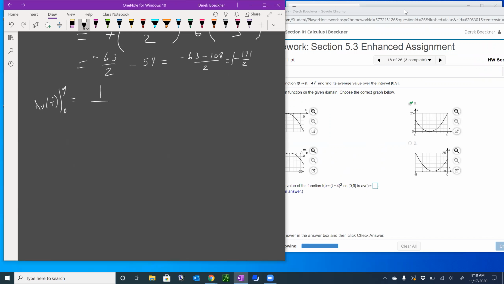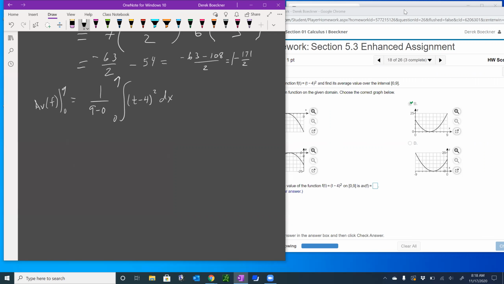That's going to be 1 over 9 minus 0, integral 0 to 9, f of x, which is t minus 4 squared dx. Okay, I'm going to do a little bit of weird geometry here because I don't want to have to